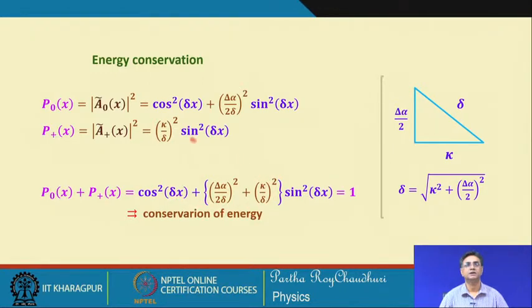We can understand that this quantity delta alpha by 2 delta, will be equal to this quantity. So, therefore, if this and this put together is again equal to 1, this quantity is equal to 1. That is why you get this total power equal to 1, and we started off with the unit power in the incident